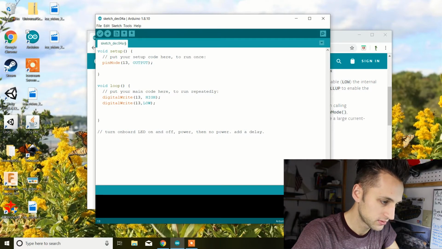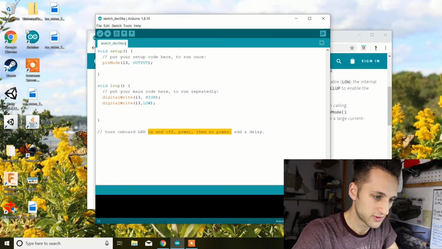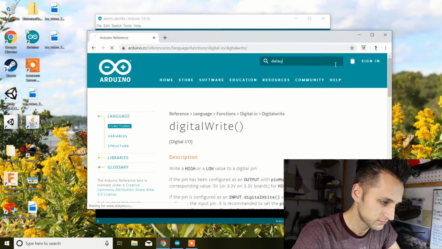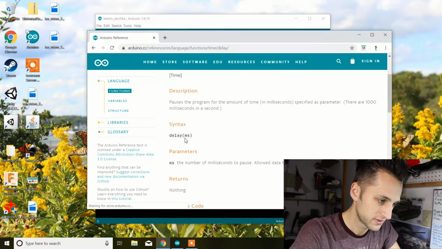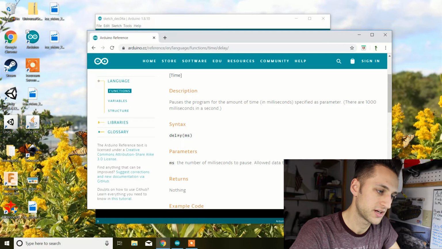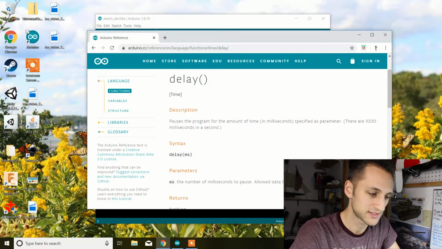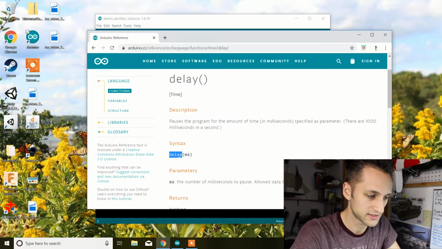What we're missing, now that we have on and off, power then no power, is adding a delay. So let's go to the Arduino website and look up delay. What a surprise, they already have a function there. The delay function pauses the program for the amount of milliseconds. The syntax for that is we just type in delay and then the amount of milliseconds that we want